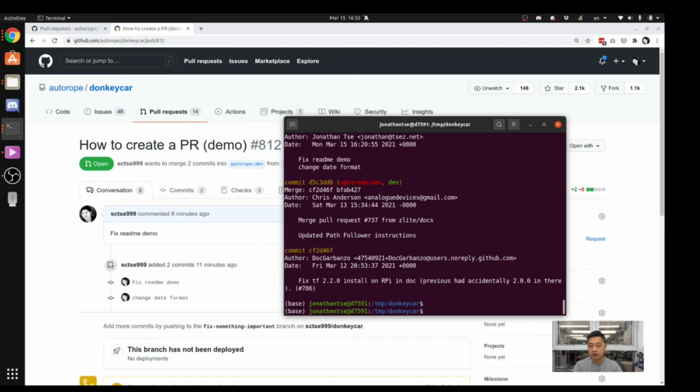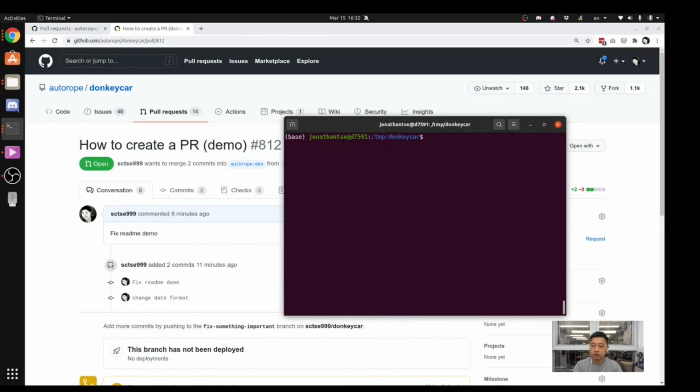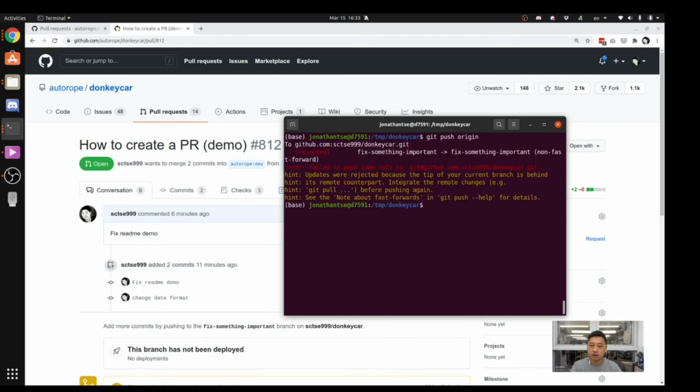Okay, which is cool. What we want now is to push this to our origin such that this commit will go back into this pull request. If we press enter here, it will show an error message, because we have previously pushed two commits and it cannot find those two commits. What we can do is a force push into the origin repository, and it will override the previous two commits. So when we do this,